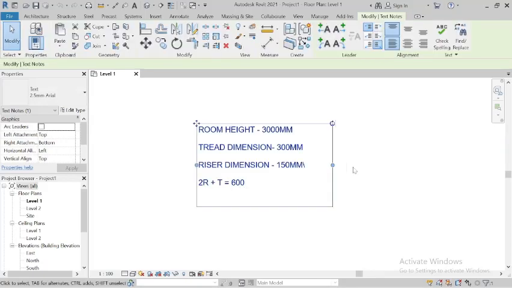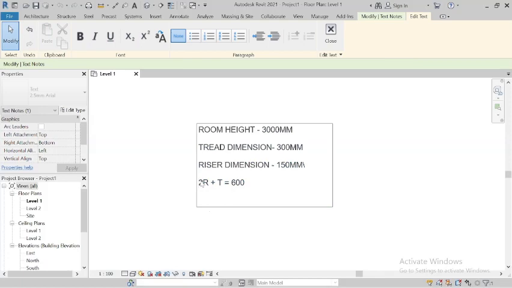So this is the thumb rule that we are using. 2 times the riser plus the tread shouldn't be more than 600. Okay. So if that's the case,